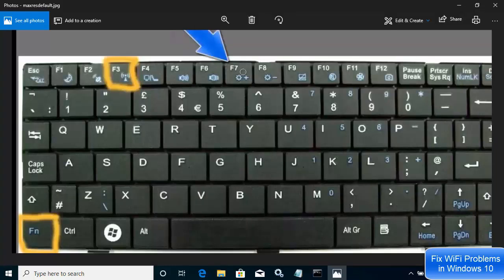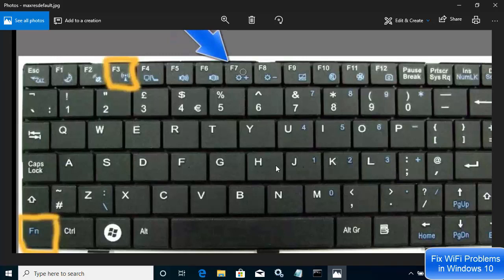Now let me show you the last solution which I have, and this might be due to some hardware. There might be a situation where your Wi-Fi is not enabled via the hardware, and you can enable the Wi-Fi on your laptop. Different manufacturers have different options for enabling this Wi-Fi.